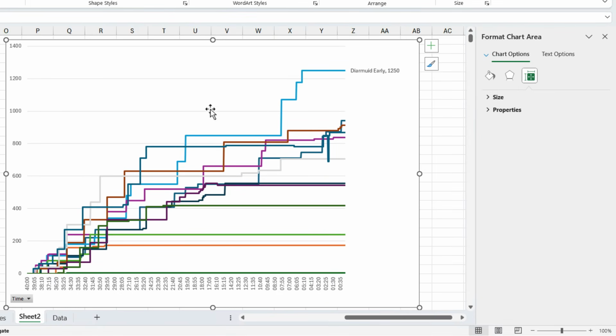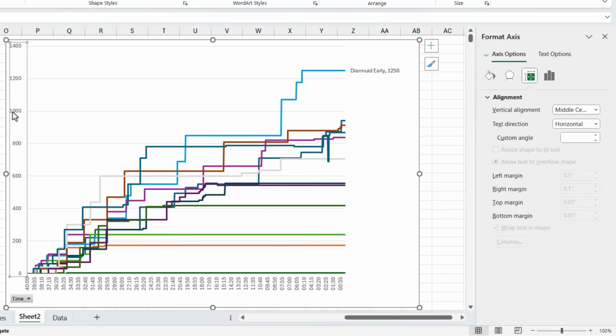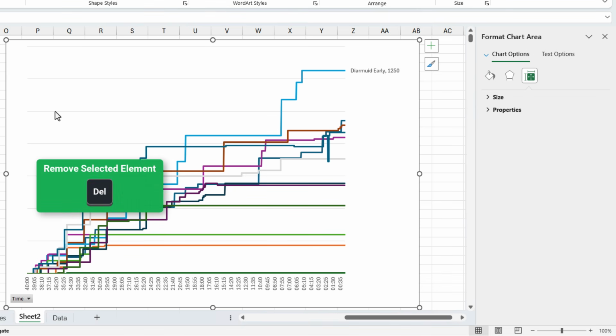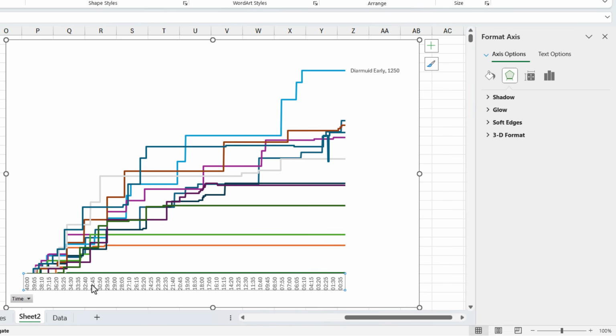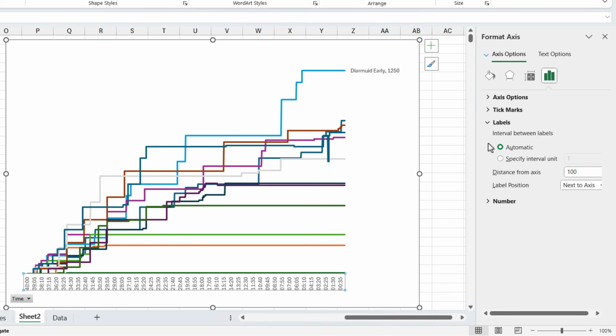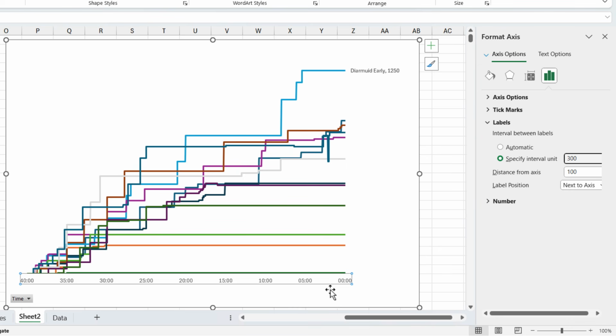And then a few other minor cleanup things. I also removed the vertical axis here, so just delete that. The grid lines didn't need those either, so delete those. And then down here for the horizontal axis, you can go over here and under labels, the interval is currently set to automatic, but there's a lot of times down there. So if you set this to 300 seconds, which is 5 minutes, then we get these nice 5-minute increments on